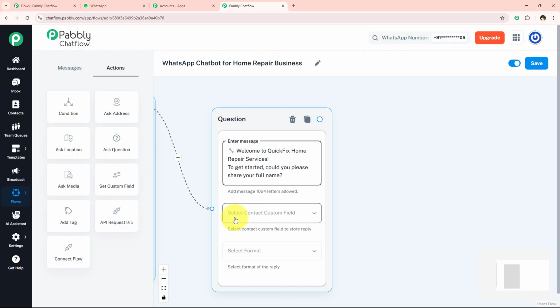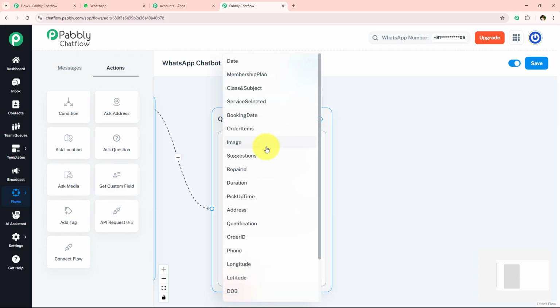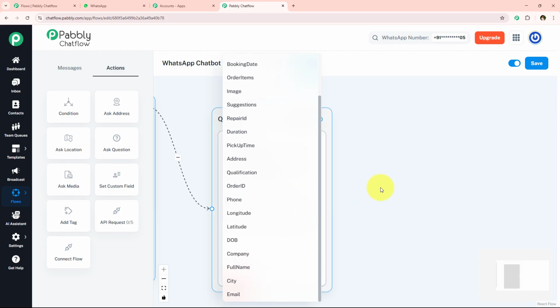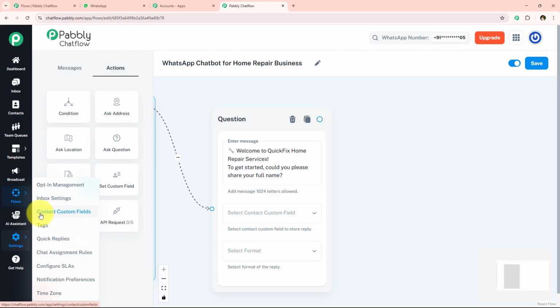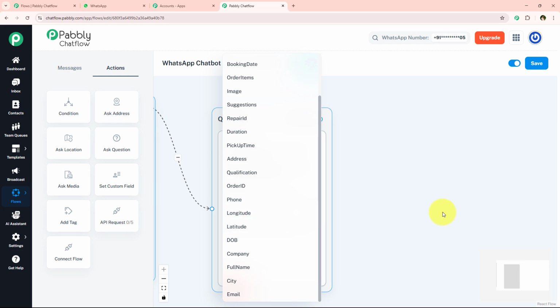And now it is asking me to select the contact custom field. So over here you can select your contact custom field right from here. But in order to select the contact custom field, you first have to create contact custom fields. And in order to create contact custom fields, you can go towards the left side of the bar, to the settings, and then to this contact custom fields section in order to create multiple contact custom fields. I have already created contact custom fields, so I'm just going to select one from this only, which is full